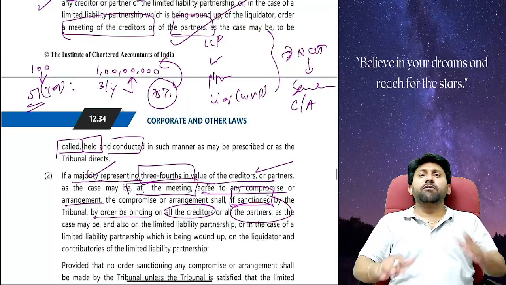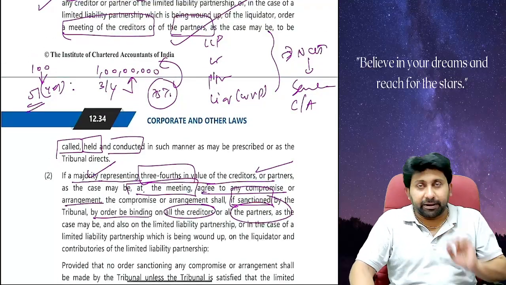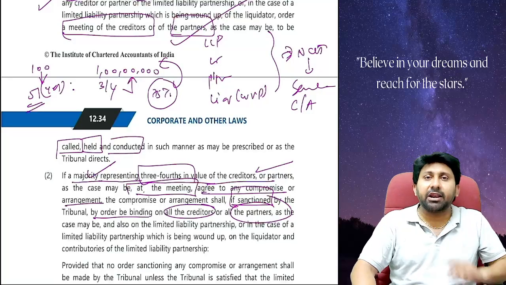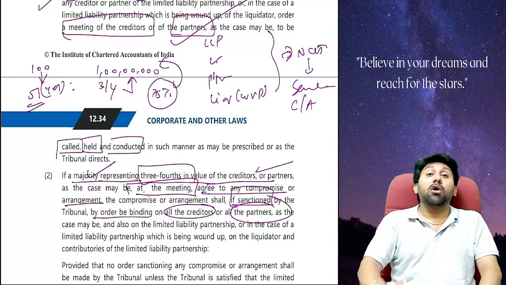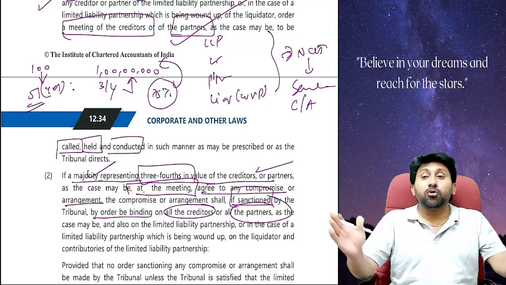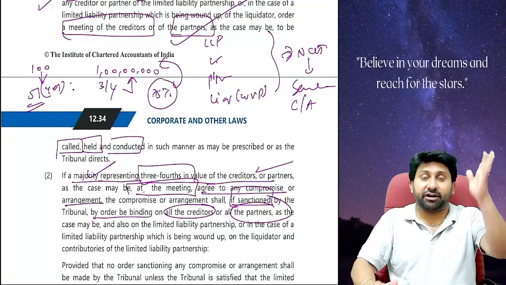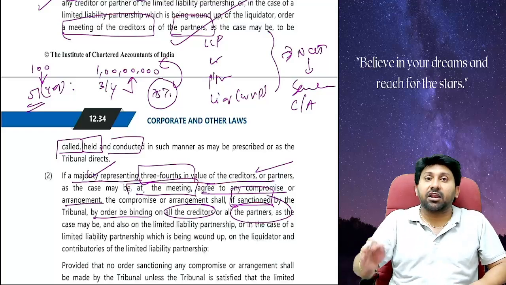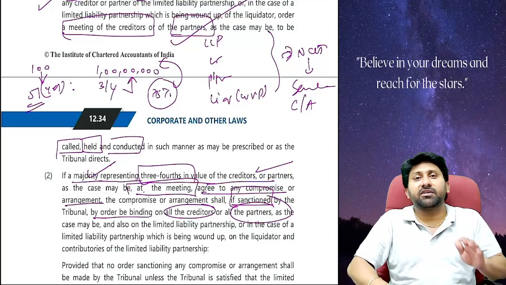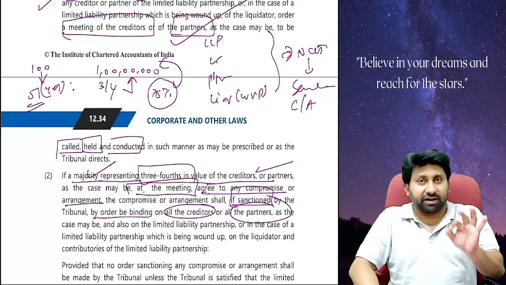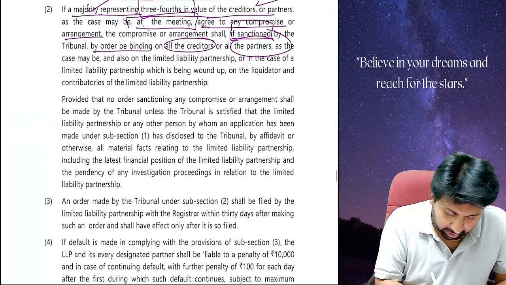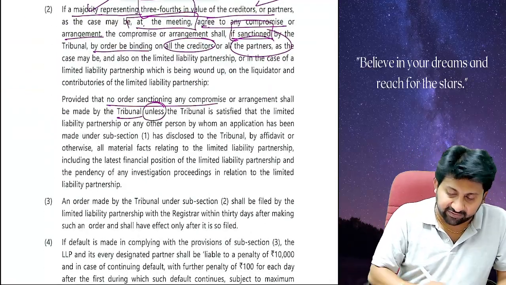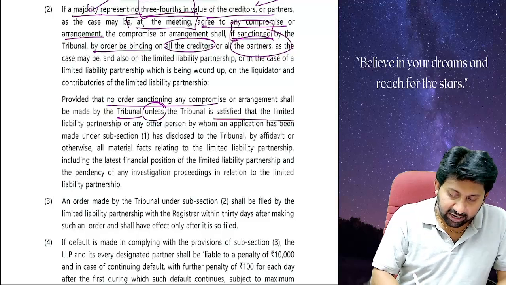Next. Who will apply to the tribunal? LLP can apply. Partners can apply. Creditors can apply. Liquidator can apply. Along with the application form, you need to attach one affidavit. Affidavit means a declaration of facts. What declaration do we need to give? You need to give a declaration that no order will be given by the tribunal unless the tribunal is satisfied that